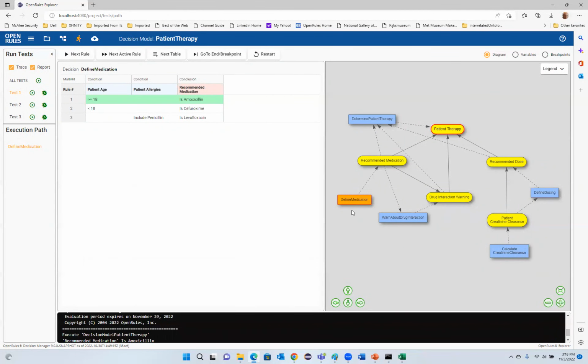And the first rules to be executed define medication. They are highlighted with orange, and you can see this table, define medication. And we are about to execute the first rule because it's green. It means if it's green, it's going to be executed. If it's not green, you will see an explanation why it's not going to be executed. So when I click on the button next rule,